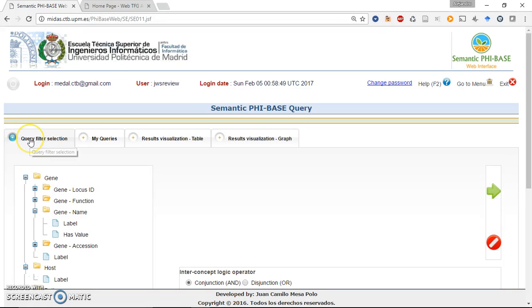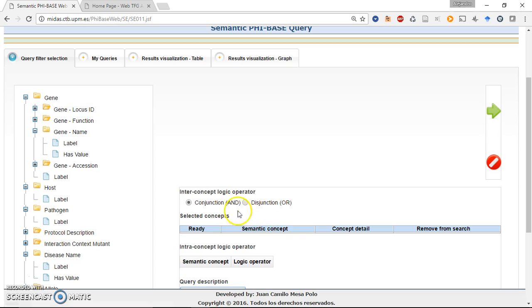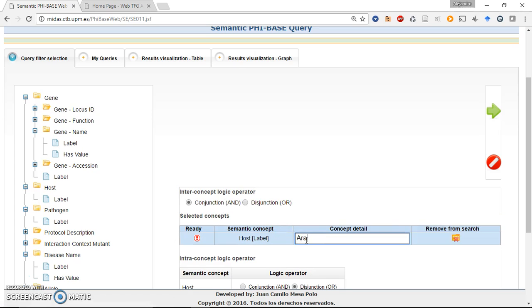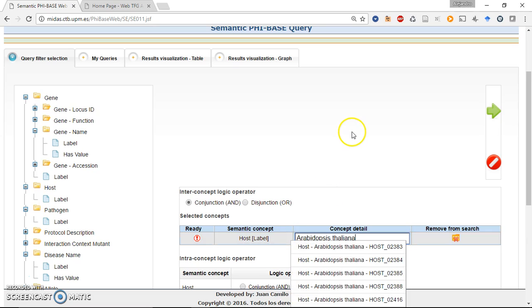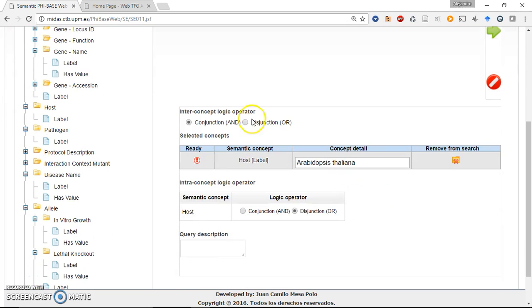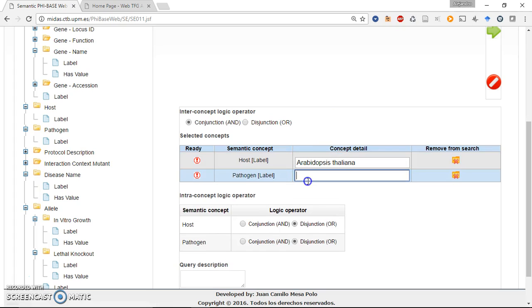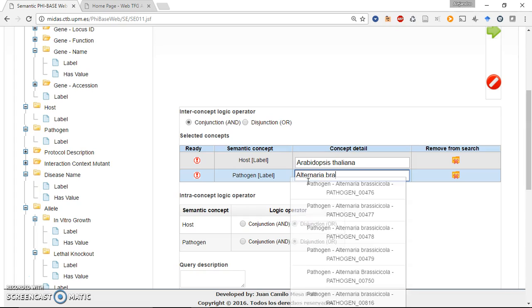And well, okay, what we are going to do now is put a new example of using the intra concept and inter concept. So what we are going to do is select a host that will be Arabidopsis thaliana, and we're going to select two pathogens. The first one will be Alternaria brassicicola,